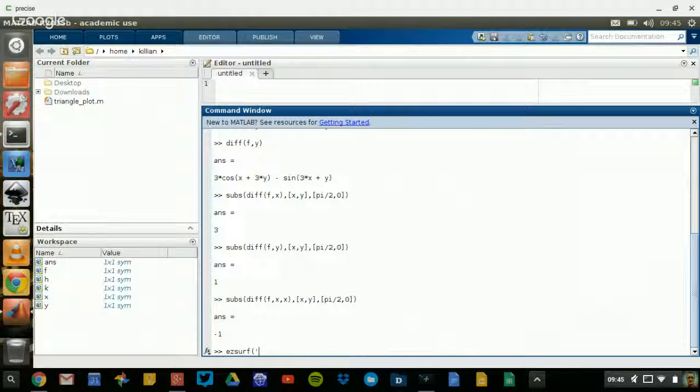The function defining this was x cubed plus 3 times x times y squared minus 15 times x minus 12 times y. If you type ezsurf, that's a funny command, you pass the function definition as a string. And then you can follow it by an array of 4 values. These are the minimum and maximum for the x coordinate,